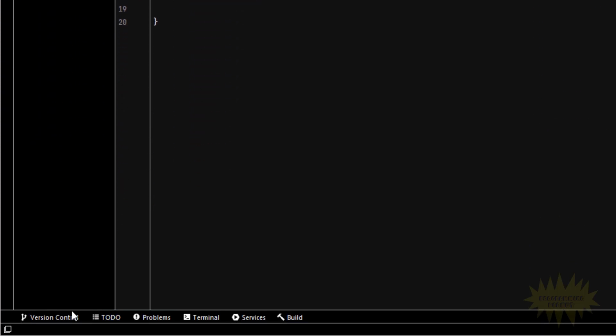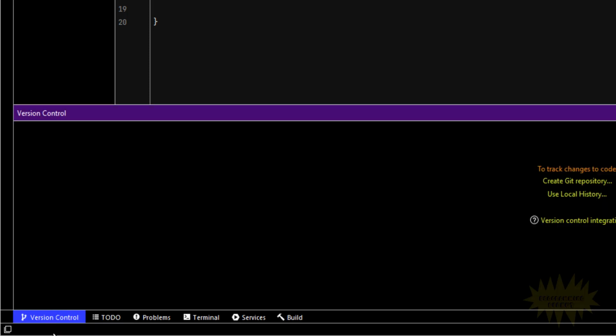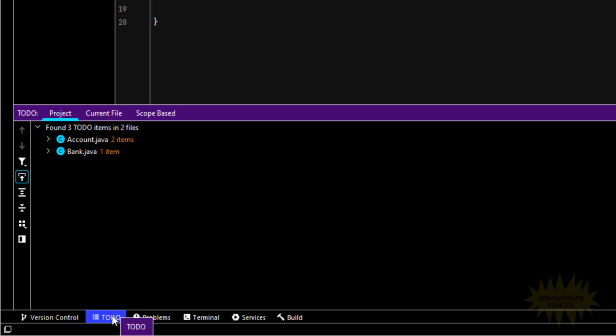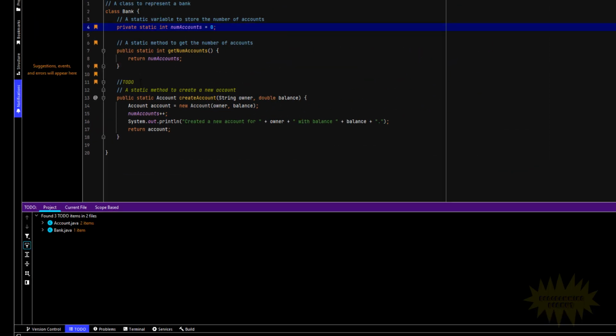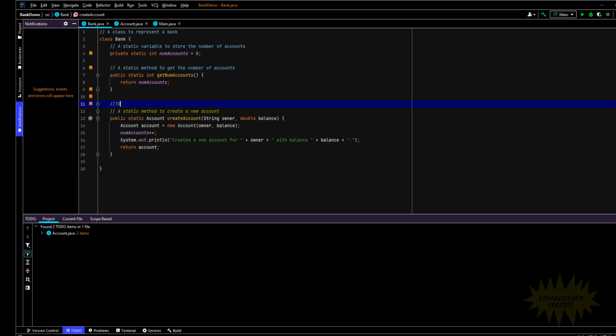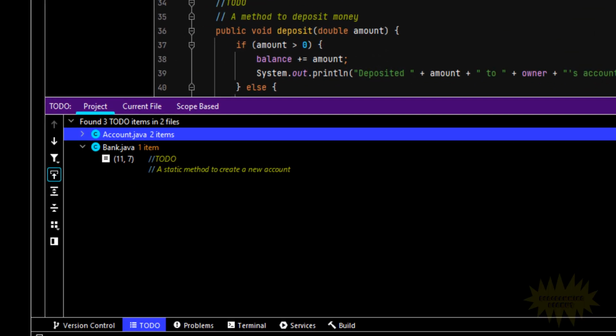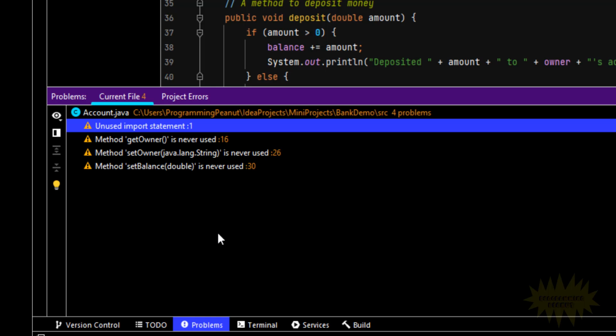Down here you'll see a couple of more tool windows. You'll see that this one here is version control. This is for things like Git. This one here is to do. This is very similar to bookmarks. You simply add the text to do in a comment and it'll show up here in this list. This one here called problems will show you any exceptions or any issues related to your